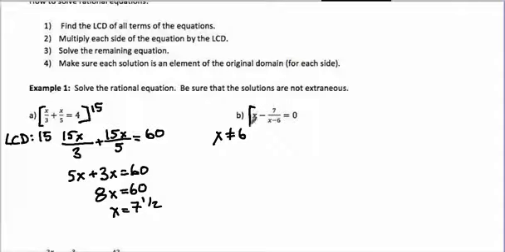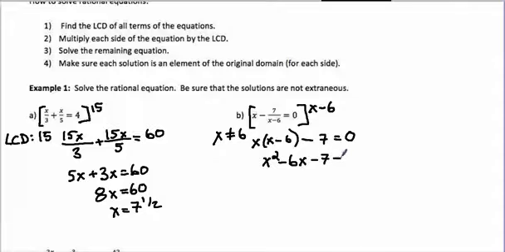Okay, so I'm going to multiply all of it times x minus 6. For this first one, there's no denominator, so the whole x minus 6 is going to be multiplied by the x. So we have x times x minus 6. Then we have minus, and this is going to go into here 1 time, and 1 times 7 is 7. And lastly, 0 times x minus 6 is 0. Now I just need to distribute, and I get x squared minus 6x minus 7 equals 0, and I have